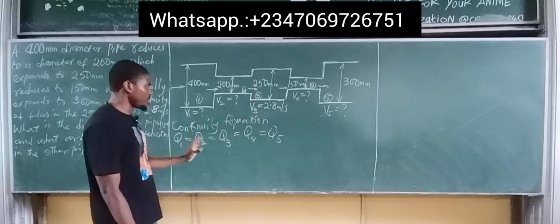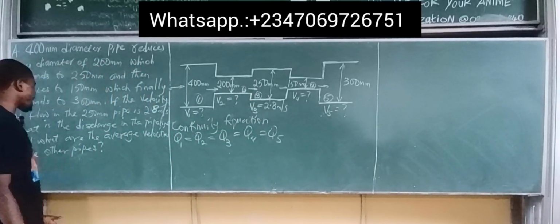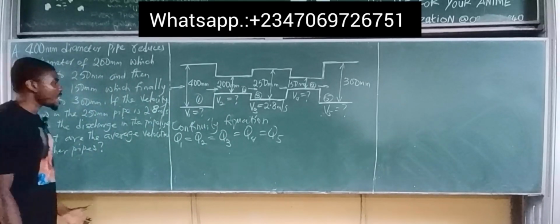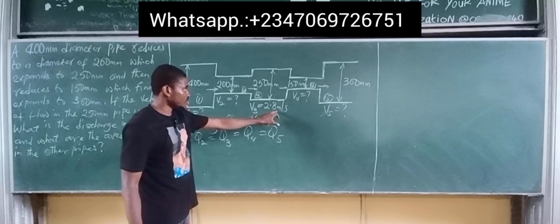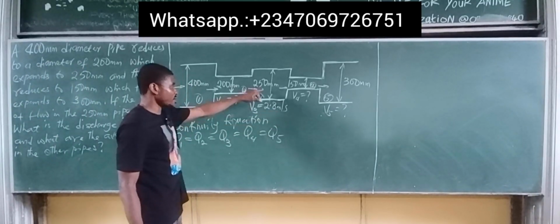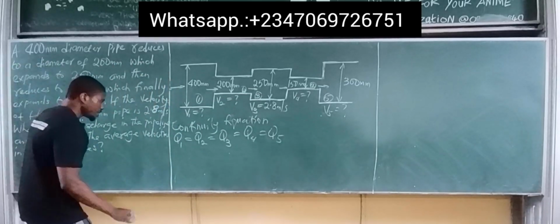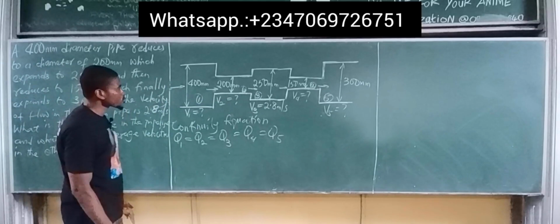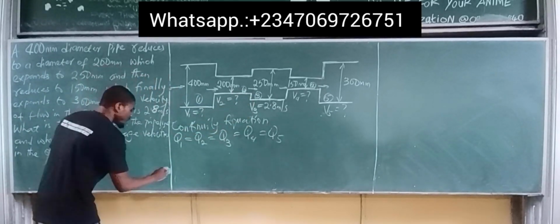It is not branched. All right, so the first question says we should find the discharge in the pipeline, and we are given the velocity of pipe 3 to be equal to 2.8 meters per second. And of course, we know the diameter of pipe 3, which means you can find the area of that pipe. Having known the velocity and diameter of pipe 3, we can simply find the discharge